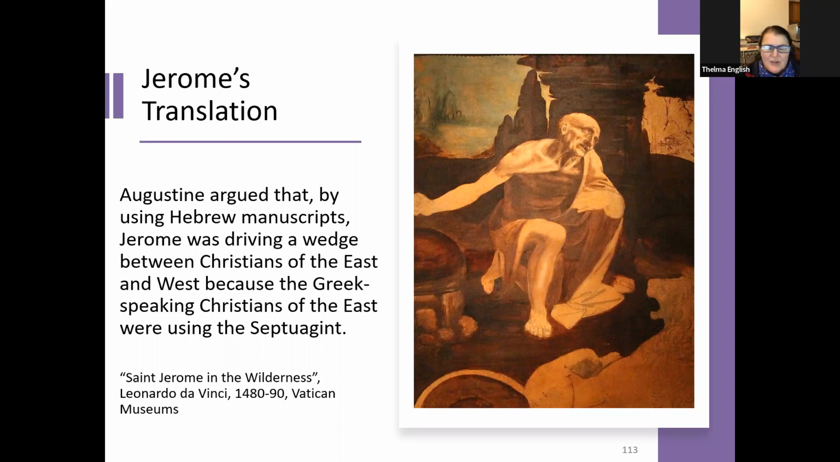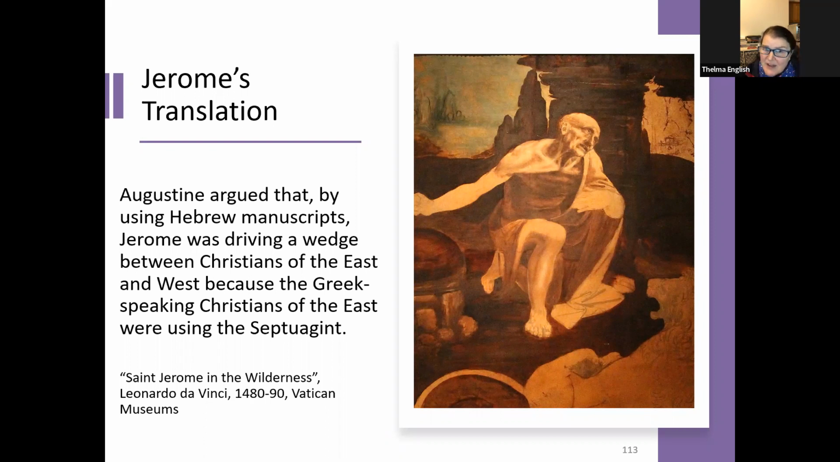English translations, you can fight all you want over which is the best. You really should learn a little Greek so that you can check out those things. Jerome's translation. Now, Augustine argued that by using Hebrew manuscripts, Jerome was driving a wedge between Christians of the East